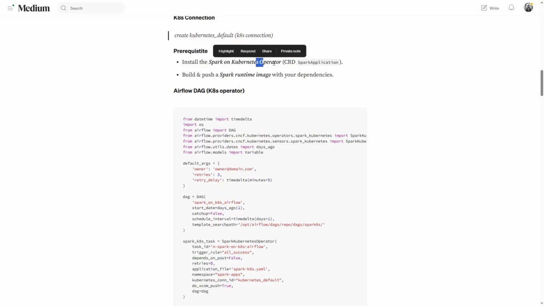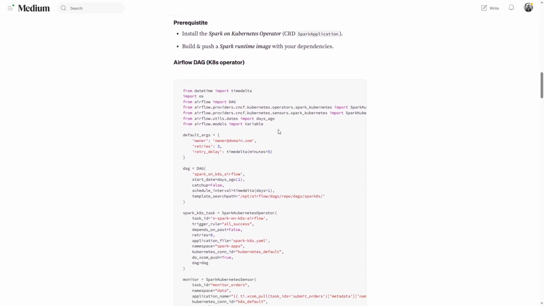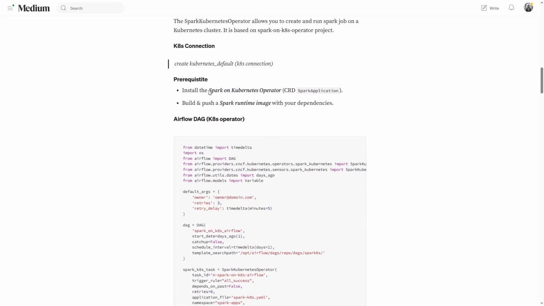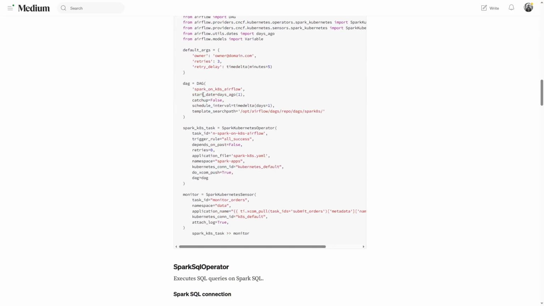This is a different operator. This is not an Airflow operator. This is a Kubernetes operator. So, a CRD, and then we need a Spark image that we want to use. How we create it is we create a YAML file using this Kubernetes operator object that defines the Spark application, and we pass this application in the DAG, saying that it is the Spark Kubernetes operator task